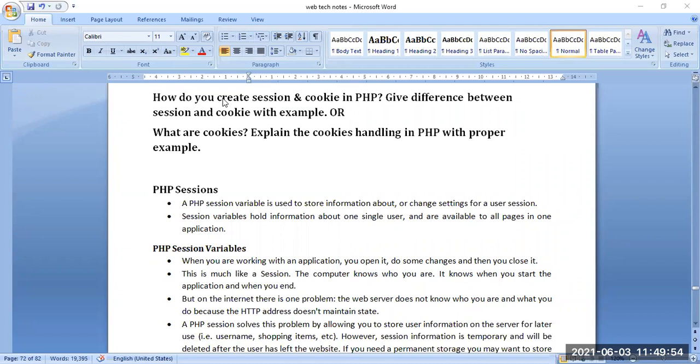A PHP session variable is used to store information about, or change the settings for, a user session.